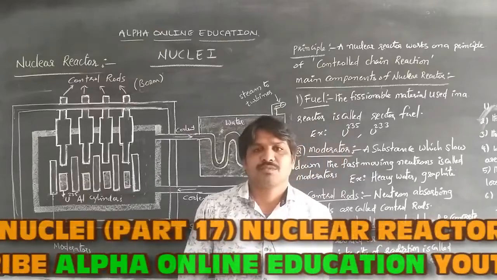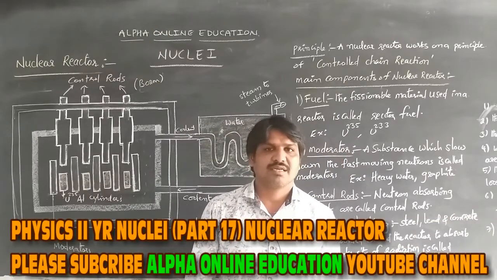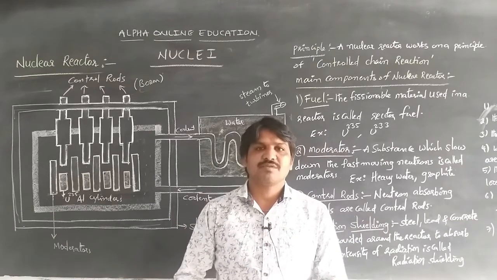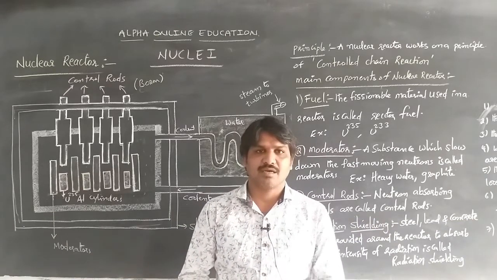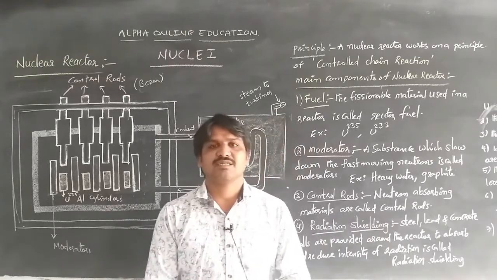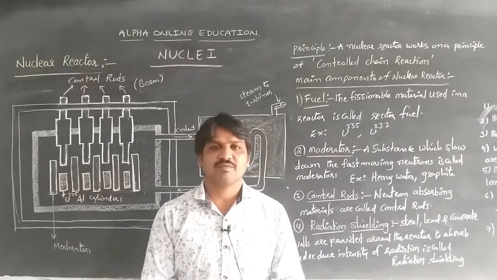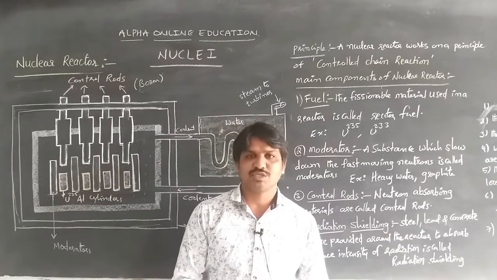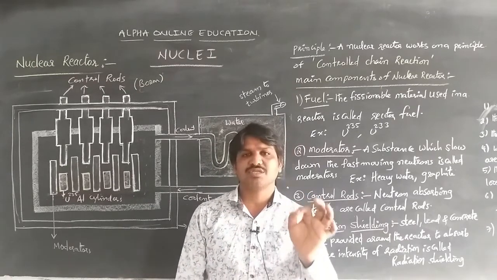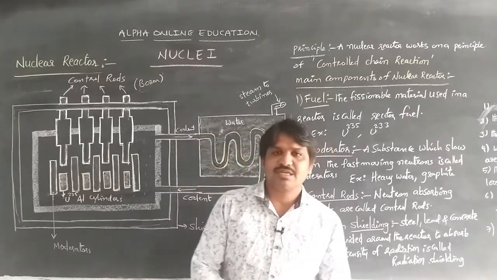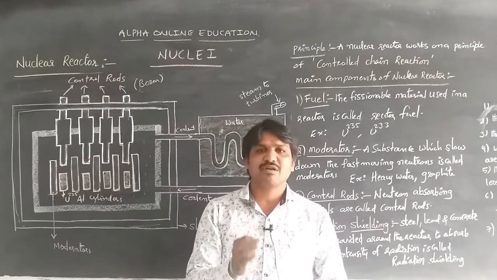About chain reaction as well as nuclear fission. The nuclear fission process happens in a nuclear reactor. A nuclear reactor is a device which works on the principle of a controlled chain reaction. In the case of chain reaction, we have discussed that when uranium is bombarded with a